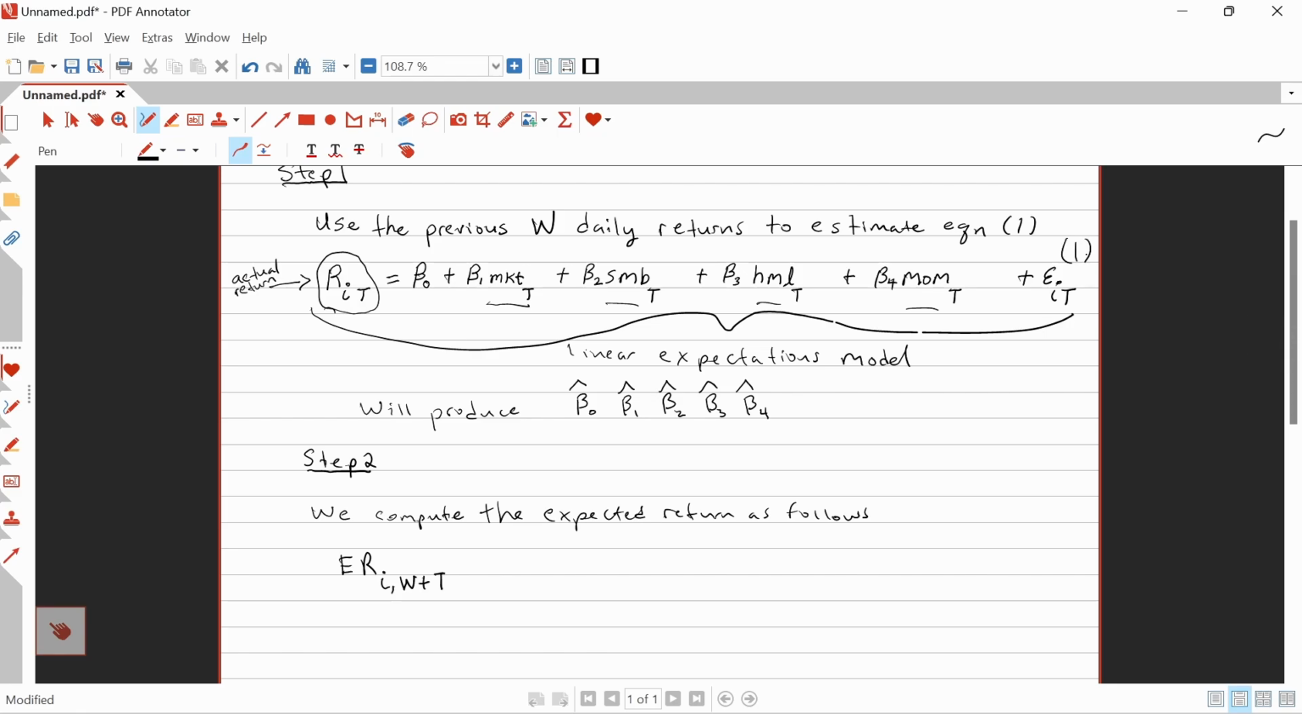So we run equation 1, let W equal 90. We run equation 1 over the previous 90 trading days. That gives us estimates, these 5 numbers. And then the expected return for that firm on day 91, W is 90, plus big T, if T equals 1, on day 91, would be equal to our estimated intercept plus our estimated beta 1 times whatever the actual market rate of return was on that day,